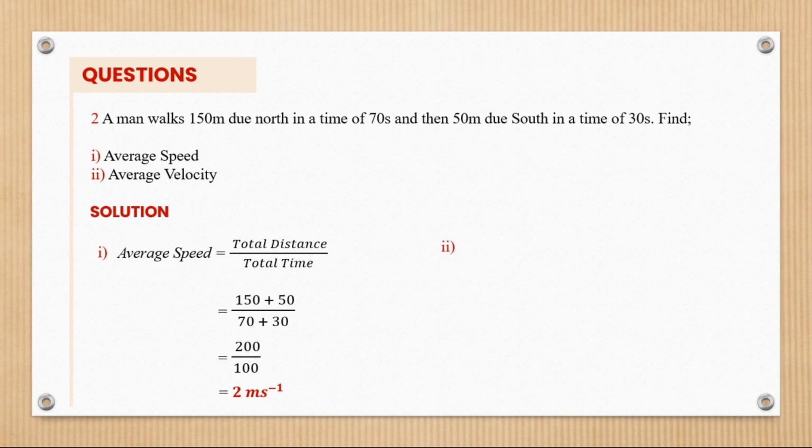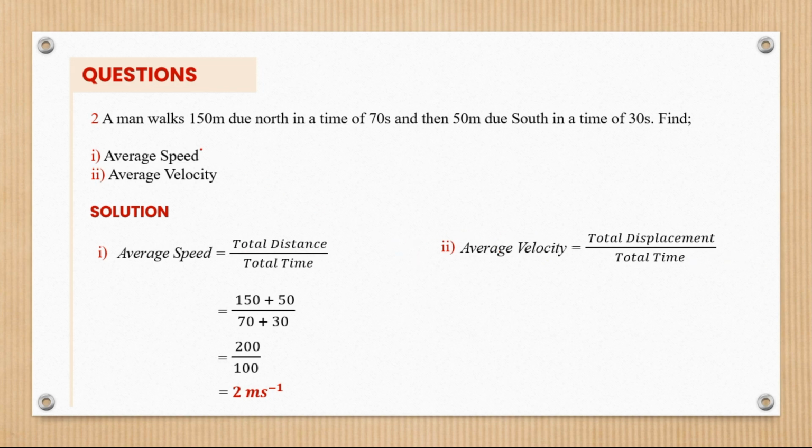Now, how about when dealing with average velocity? Remember that average velocity is equal to total displacement over total time. So now in most cases, total distance and total displacement are interchangeable, except in a few different cases. Now like this number, the value for total displacement is going to be different from the value of total distance,